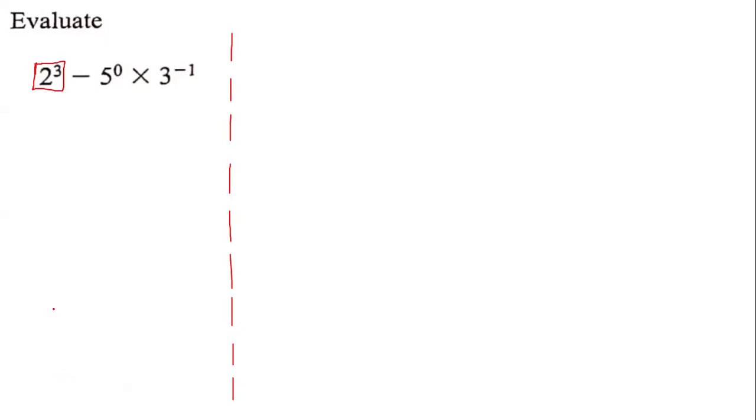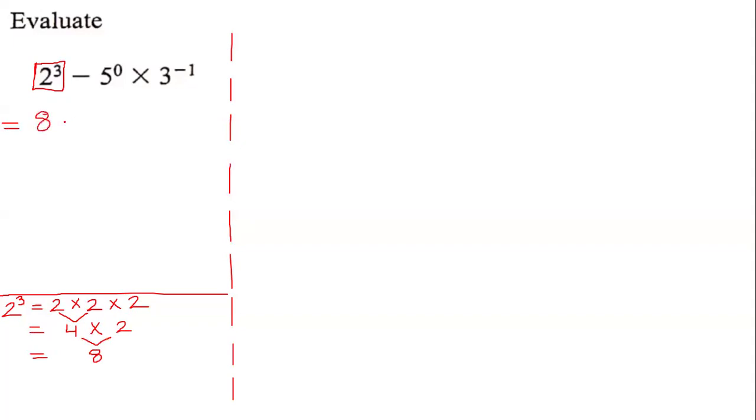So it's going to be 2 to the third power, which equals what? 2 times 2 times 2. I mean, we know that 2 times 2 is what? 4. Very good. Bring down the 2. 4 times 2 is 8. Okay. So 2 to the third power is 8. So that means this equals